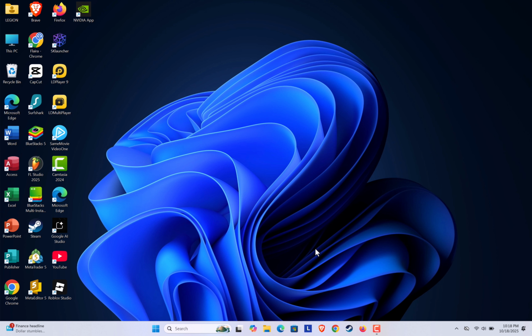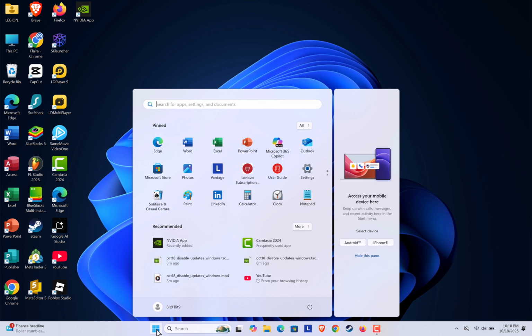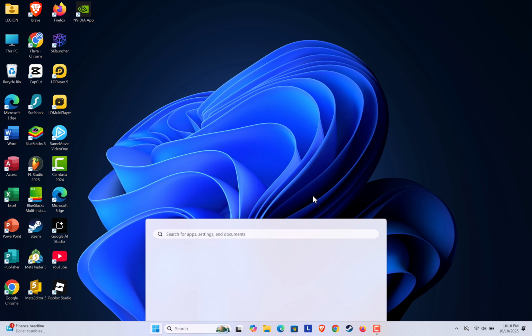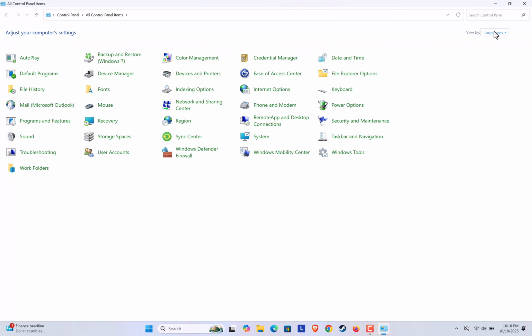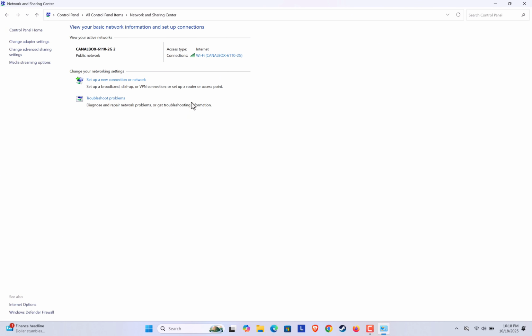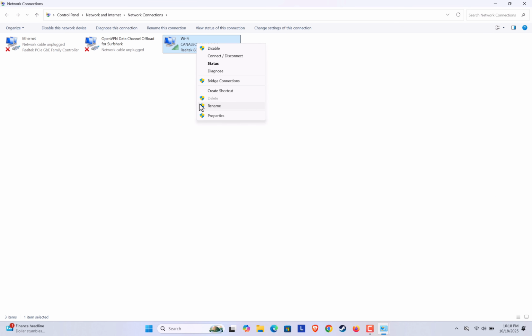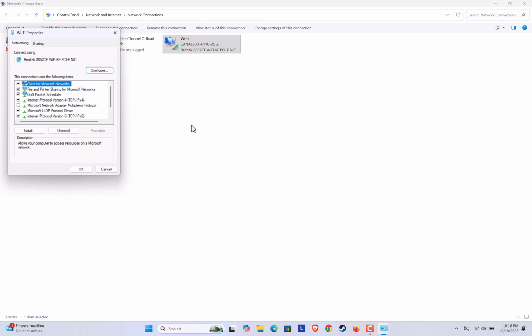If it's still slow, don't worry. Here's the next fix. Open the Start menu, search for Control Panel, and click on it. In the top right corner, set View by to Large Icons. Then click on Network and Sharing Center. On the left, click Change Adapter Settings. Now right-click your Wi-Fi or Ethernet connection and select Properties. Scroll down and double-click on Internet Protocol version 4,